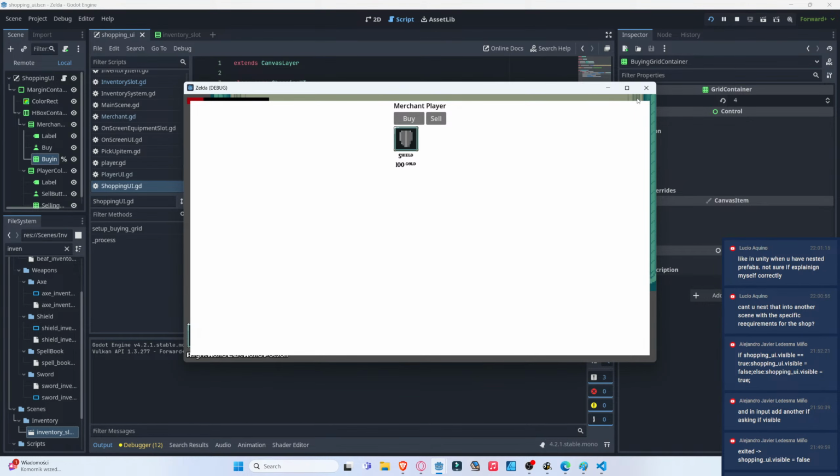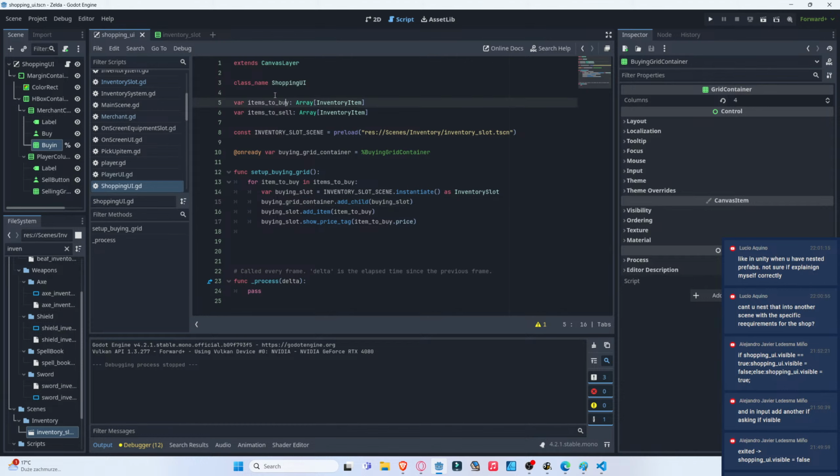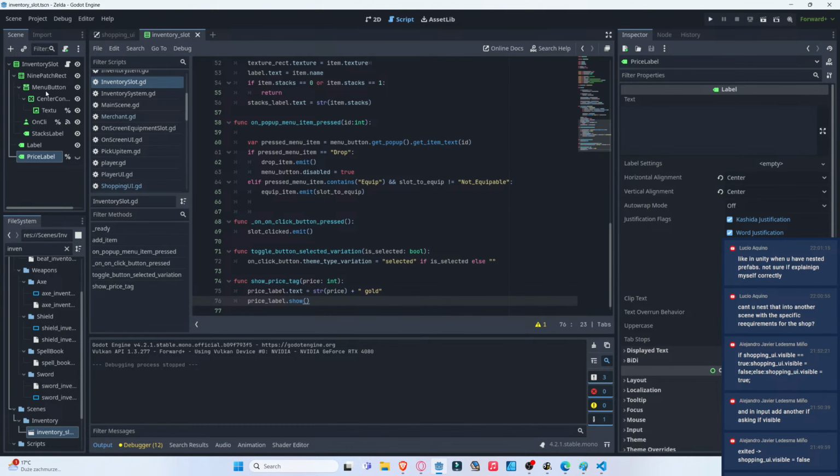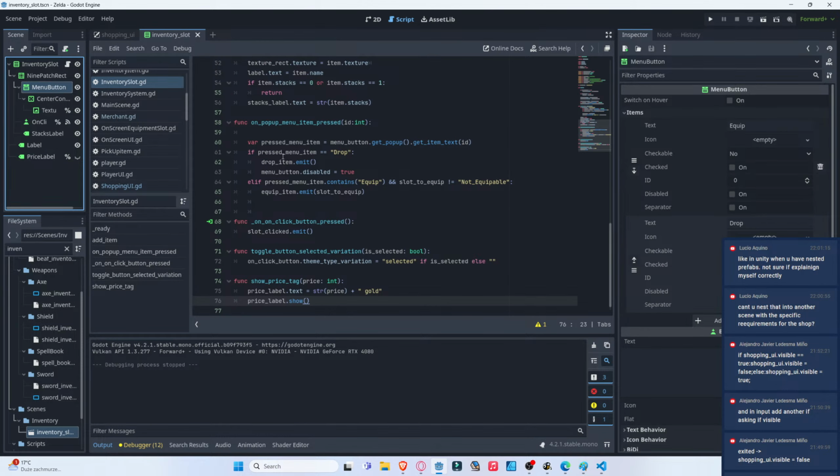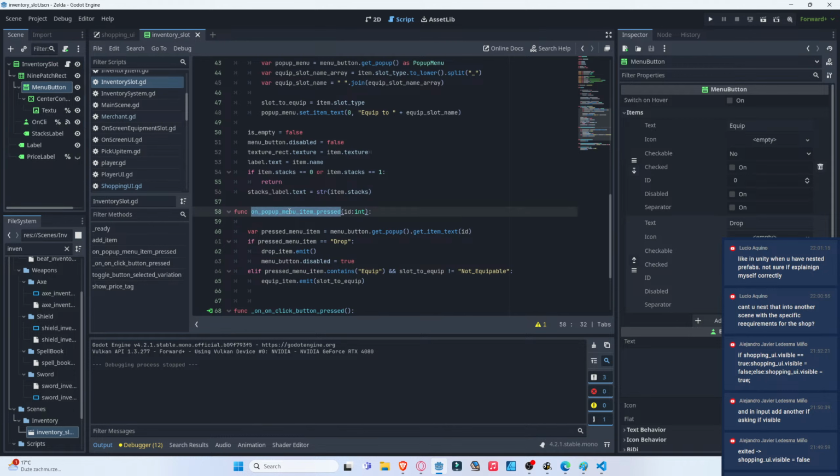Yeah, it does. Okay. And then when clicked, I don't want to show the menu button. On pop-up menu item pressed. The problem is I want to